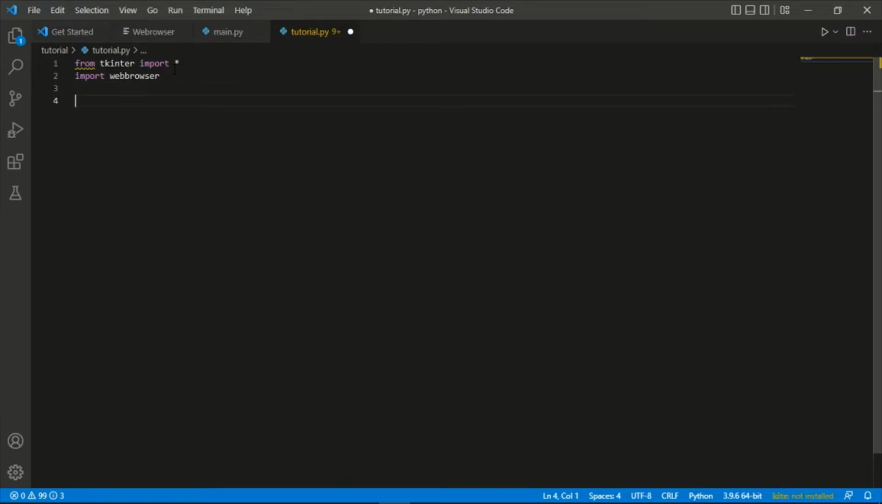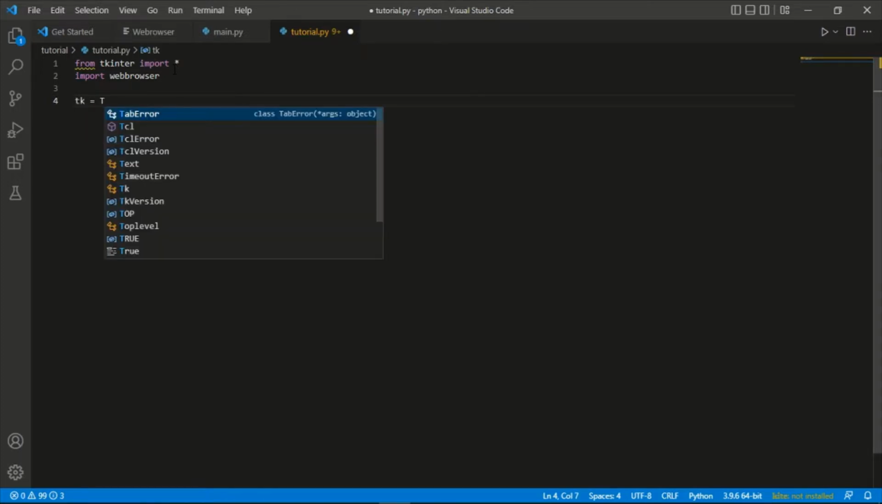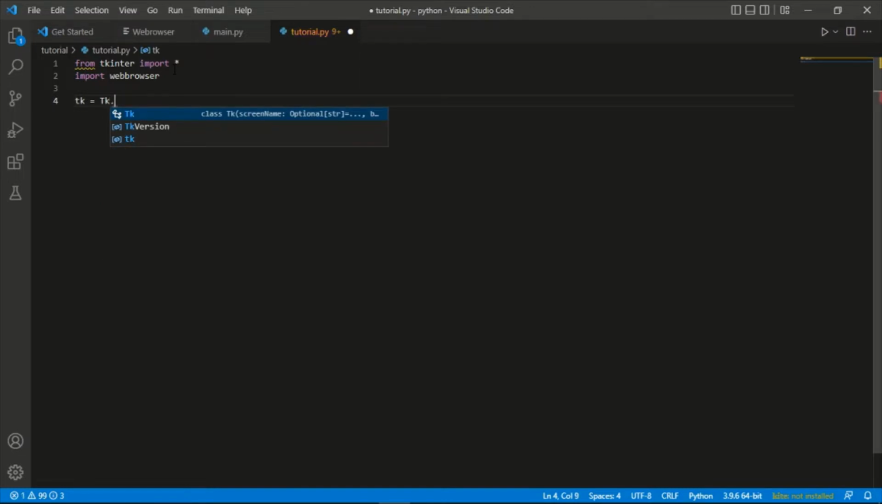you want to make a variable, let's just call it tk. So tk is equals to Tk, and then Tk. So this is to make a small window, the window which we're going to be using to make our app. So to run our app, we type tk dot